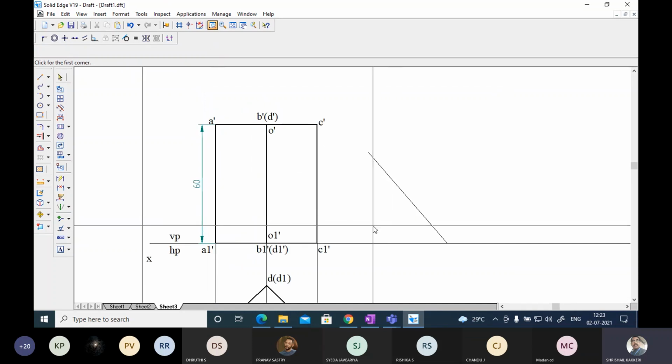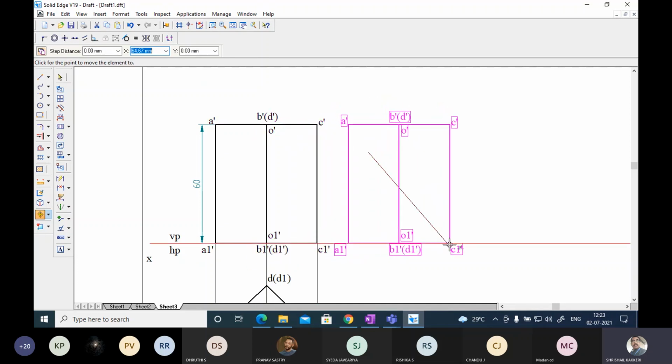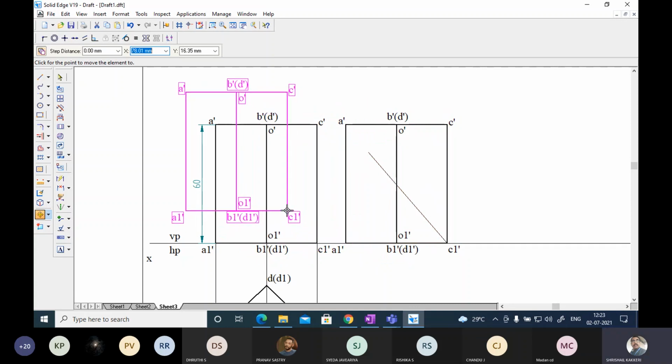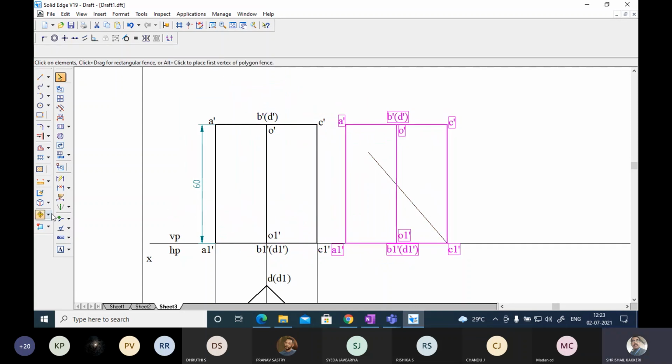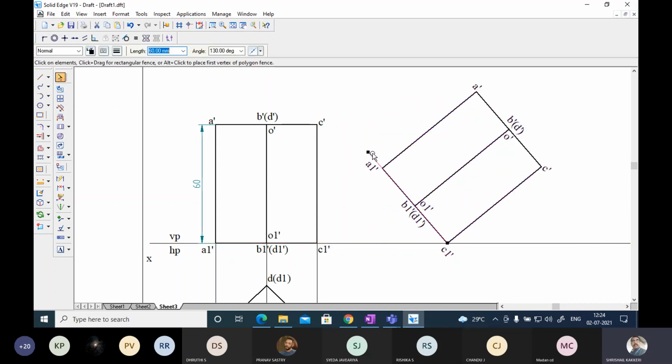So now I have taken this. Now select all these, excluding the dimensioning. I don't want dimensioning. You say move. I have planned to take this C at this point, and enter and rotate. I don't want to keep the original figure. Take this as a point of rotation. Any point on this must be on this. And after this, you can remove this line.